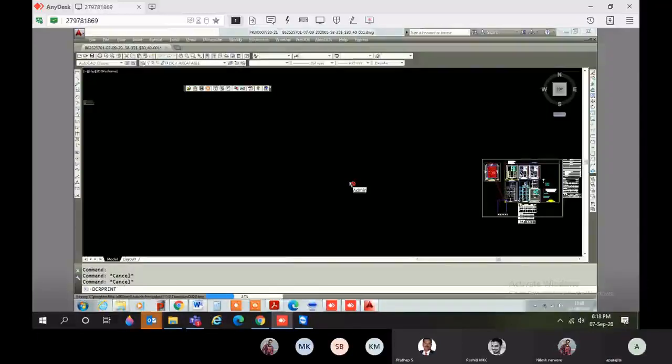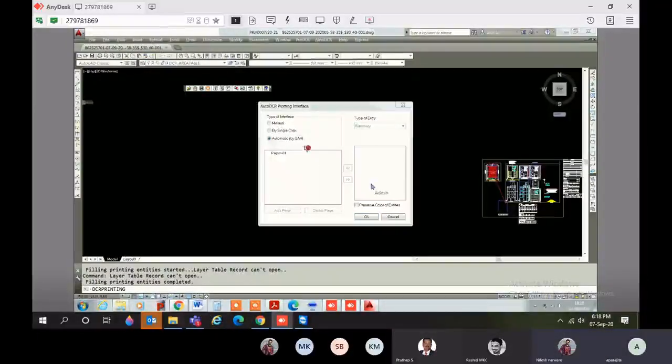Click on yes button. Drawing PDF will be prepared. You can select automatically also. Select automatic.